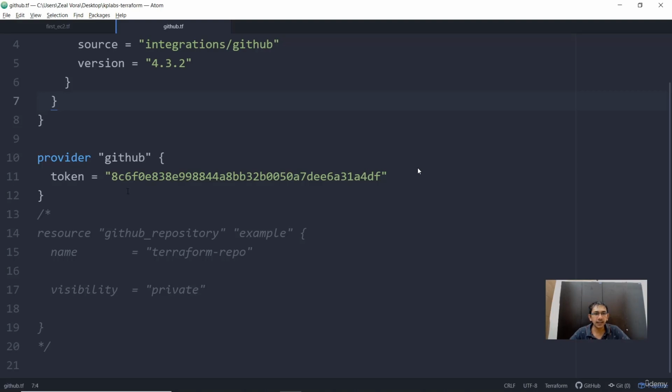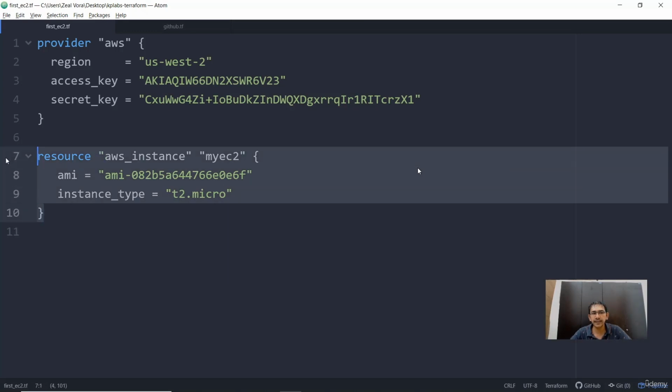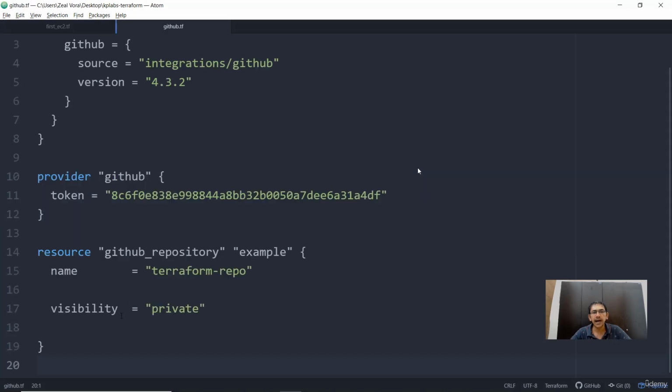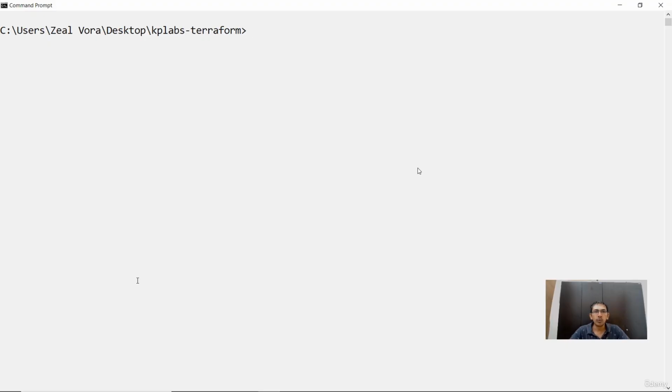Now in the earlier video, we had commented out the code associated with the GitHub repository as well as the code associated with the EC2 instance. So let's go ahead and remove our comments. Now we already know that we have destroyed the resource associated with the EC2 instance. However, we did not do a destroy on the GitHub repository, so our GitHub repository still exists. Now, when you do a terraform plan,